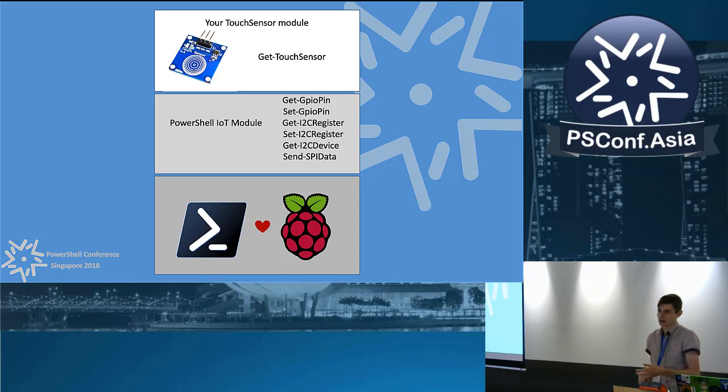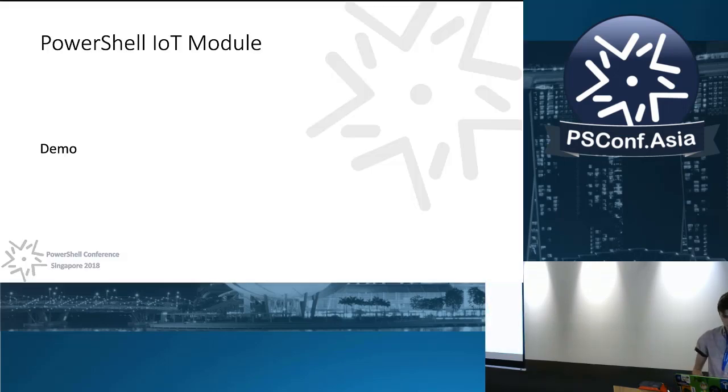So for this demo, I made a module for this touch sensor, and I've exposed a commandlet called Get-TouchSensor, which will give you that Boolean true or false of whether or not something is currently touching the touch sensor. That way, you could distribute your hardware-specific modules, and they're a lot more readable than Get-GPIOPin, Set-GPIOPin. So let's go ahead and dive right into a demo,